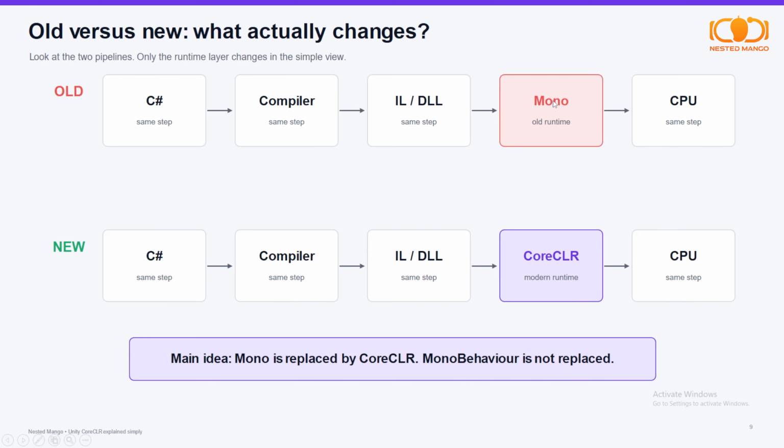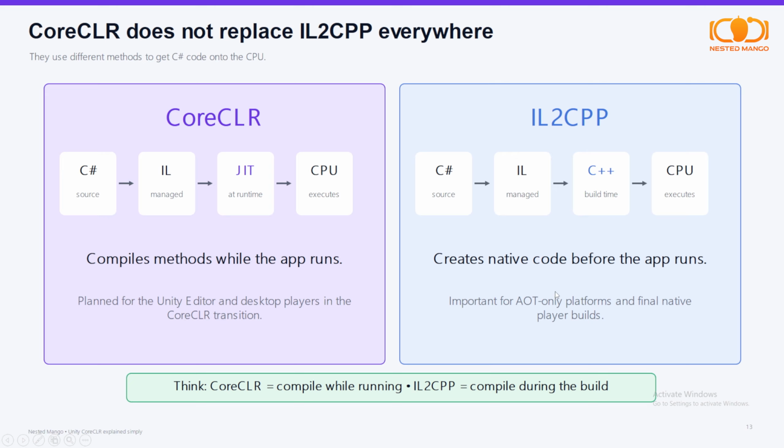For the editor and for Windows, Mono was helping to convert to machine language. But on mobile, what happens? It also depends on the platform. For mobile we use IL2CPP. It converts to C++ language, and then to machine language. IL2CPP will not go anywhere, so it will be used on mobile devices,